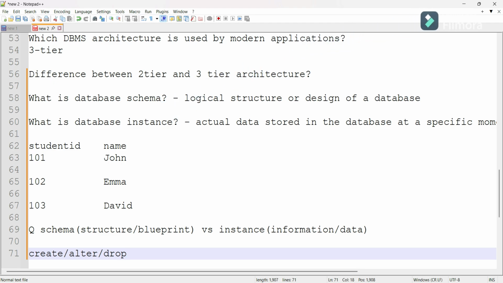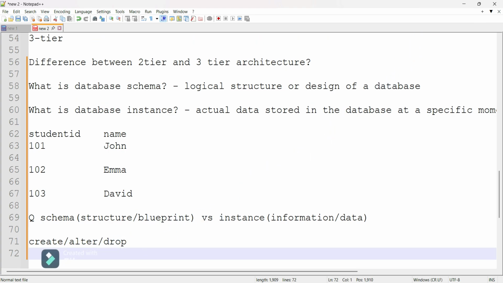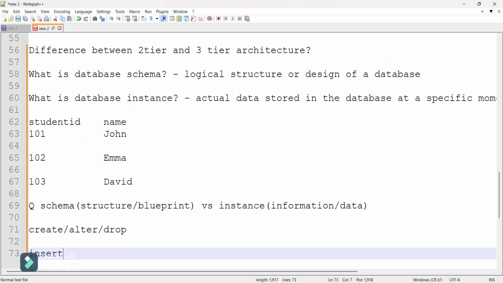Now the next question is which SQL commands change the instance. Insert changes the instance, we can insert data. Update changes it, we can update data. Delete changes it, that is, we can delete data.